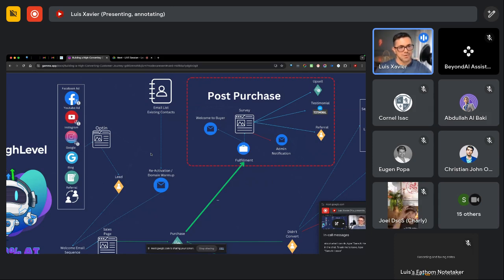Let's say you have 10 people coming from Facebook, and only 5 coming from YouTube, but those 5 are converting a lot better than the 10 from Facebook. You will be able to see that because you've got the tags. You're going to have the people that buy, and then you can see where they're coming from. So it's very important that you segment them as much as possible.